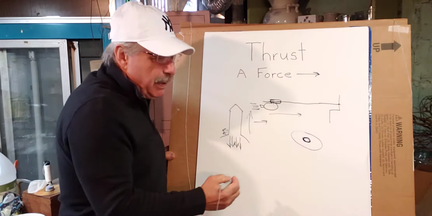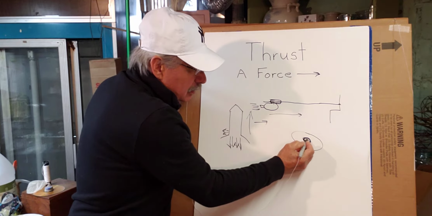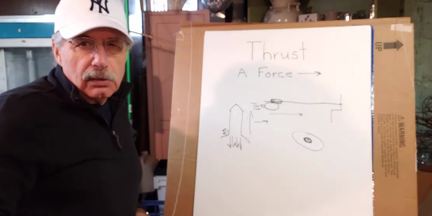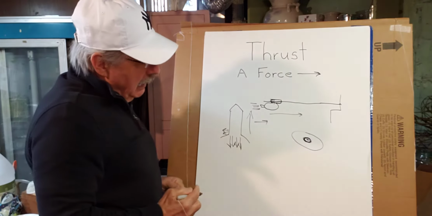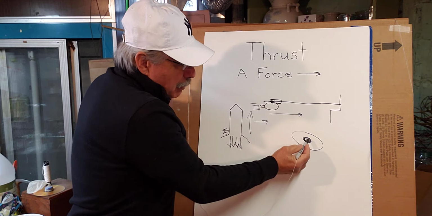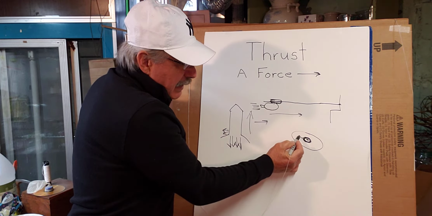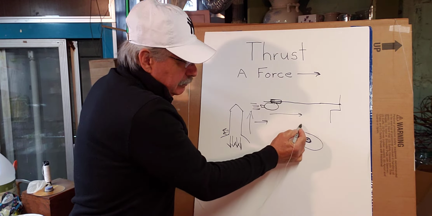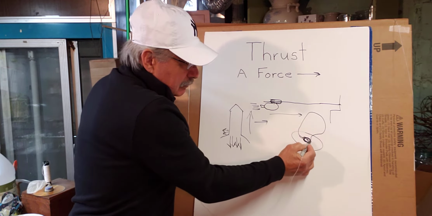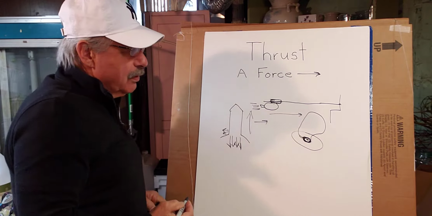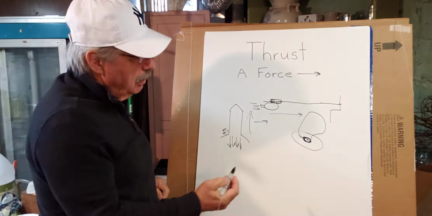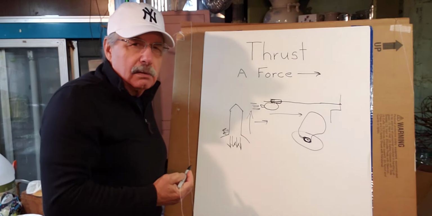And in that cap, I drilled a little hole. I'm going to put a balloon on top of that cap so that it goes right over the cap and over the hole,